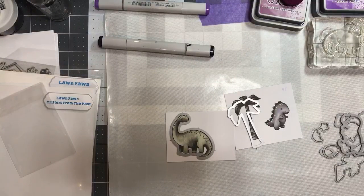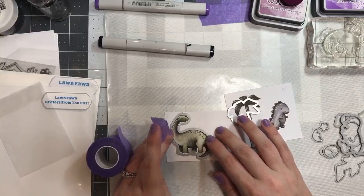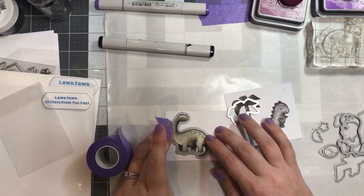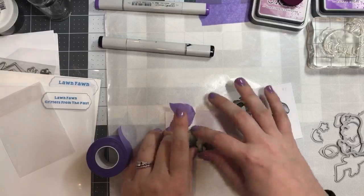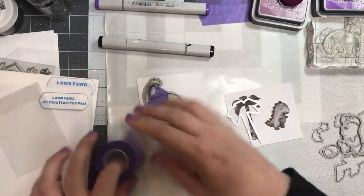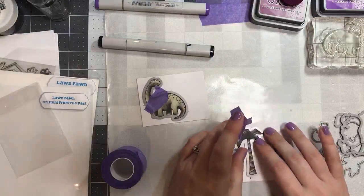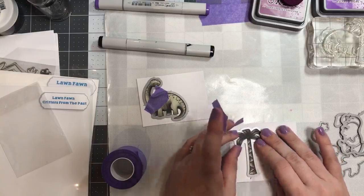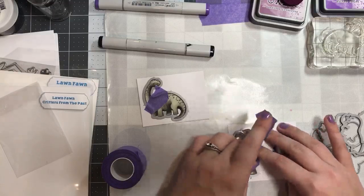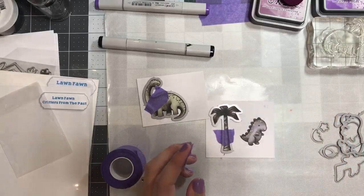Yeah, I really thought that was a good tip to use because I can't tell you how many times I've accidentally lost something on my desk, especially little itty bitty dies or stamps. So that's really cool. You could do the same thing with an empty frame, or put some cool pattern paper in it. Do the same thing with a regular picture frame for your stamps. While you're working on your stamps, you just stick them to the picture frame. That would be really cool because then you wouldn't have to worry about losing them. All the tiny little itty bitty stamps, you could just stick them right onto the,